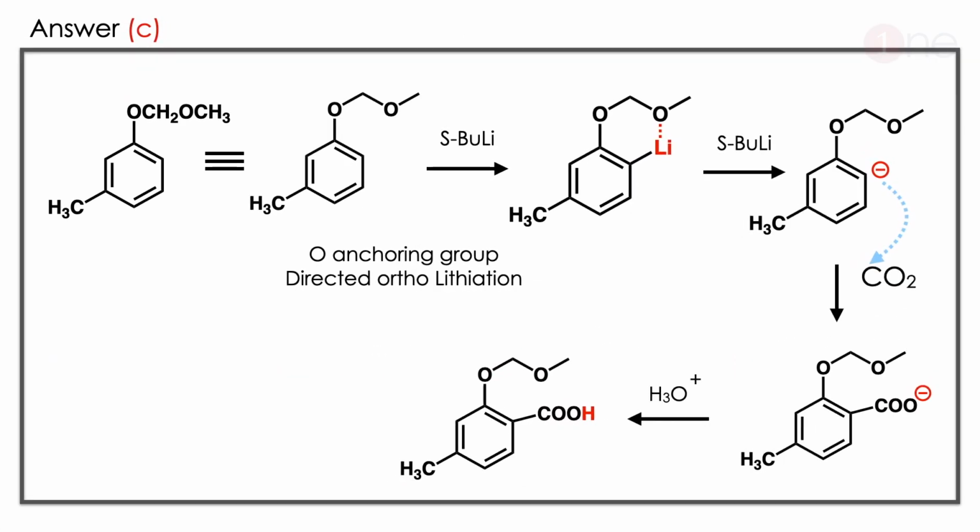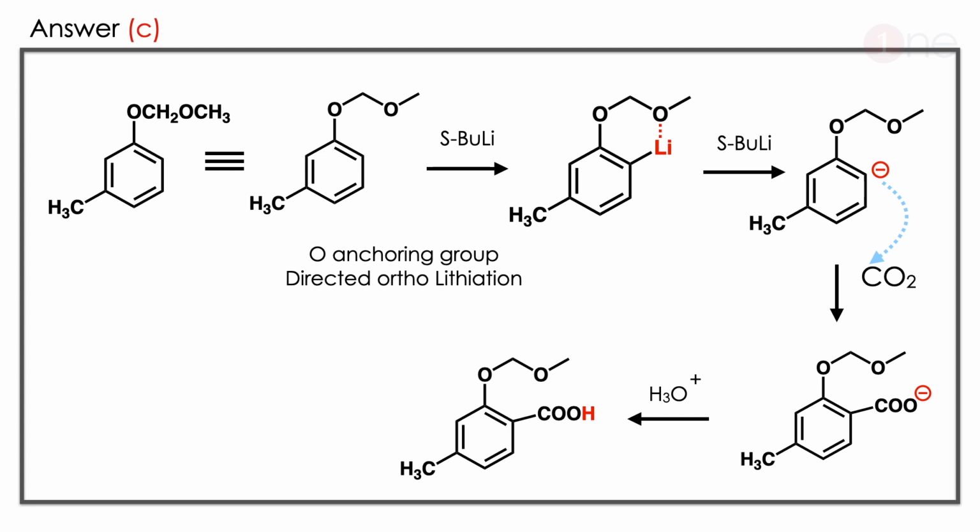The answer is C. Let us see how. The starting material is a complicated system. There are 2 oxygens there. So the structure is really given to have the possibility of ortholithiation. Ortholithiation is a concept where a new kind of 6-member transition state is possible if there is an anchoring group with a lone pair. The lone pair means oxygen or nitrogen is there. So anchoring is formed there.